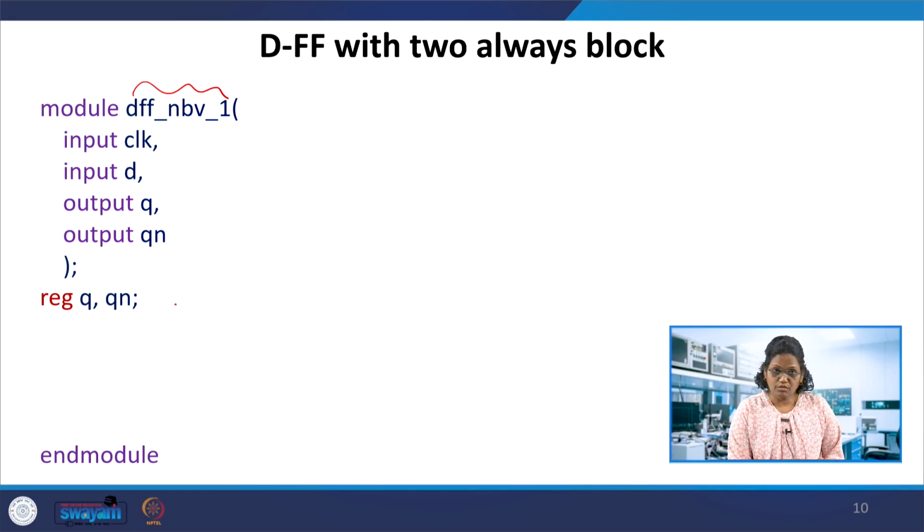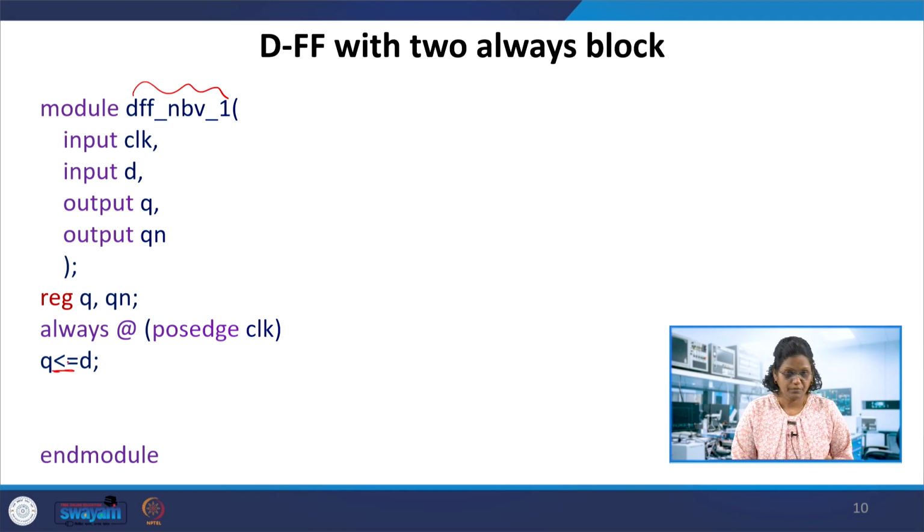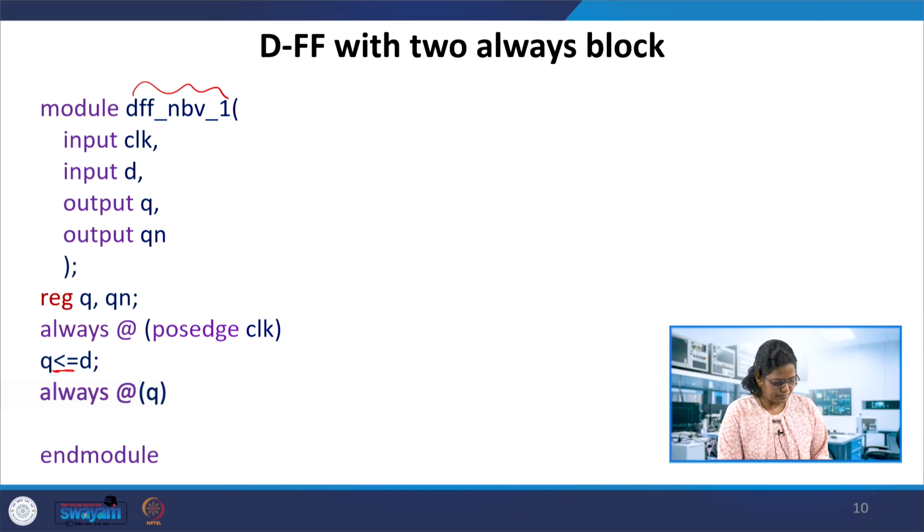Now we have used the always block. We have just always at the passage of the clock, D is assigned to Q, that is non-blocking. And you see always at Q, whenever there is a change in Q, then tilde Q is assigned to Qn. This is the right way to do here, because we are not using the same variables in 2 always blocks. That's the condition. If you use the same variables, because those are concurrent, we would see in the same code how it gives an indeterminate result.